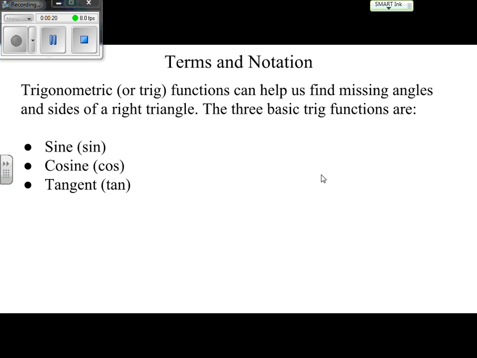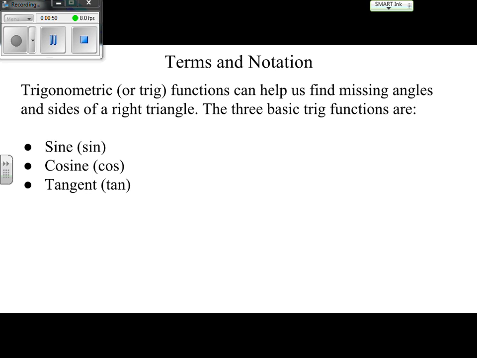So why do we care about trigonometric or trig functions? Well, they can help us find missing angles and sides of a right triangle. Previously, we've used the Pythagorean theorem, which allows us to find a missing side of a right triangle if we know other sides, but it doesn't help us find missing angles. And sometimes we have a certain combination of parts, like some sides, and we're looking for an angle, or we know an angle and one side, but we want to find another side, and trig functions or trig ratios can